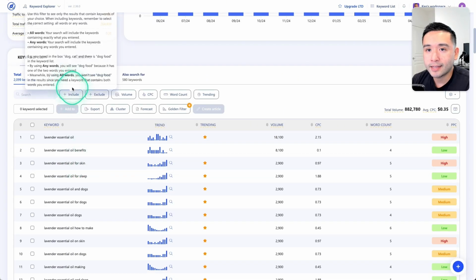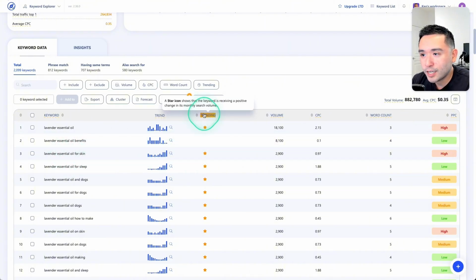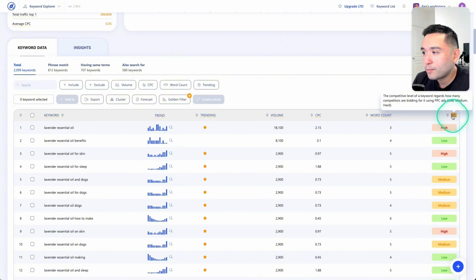Now, taking a look at the keyword data table, you can see a list of the long tail keywords, the trend over the past 12 months, and these stars indicate that these keywords are trending. That basically means the keyword is receiving a positive change in its monthly search volume. You can see the average monthly search volume, word count, and also the competition, so low, medium, or hard